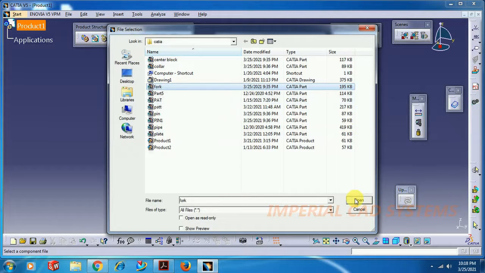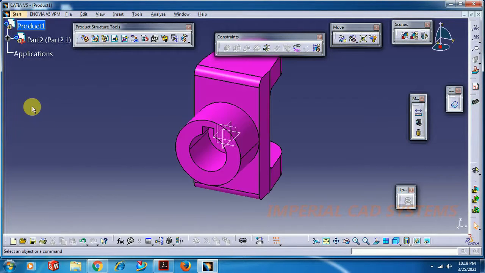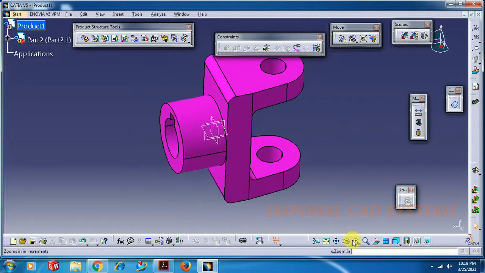First I call a part, fork, go for open. Here we got a part.